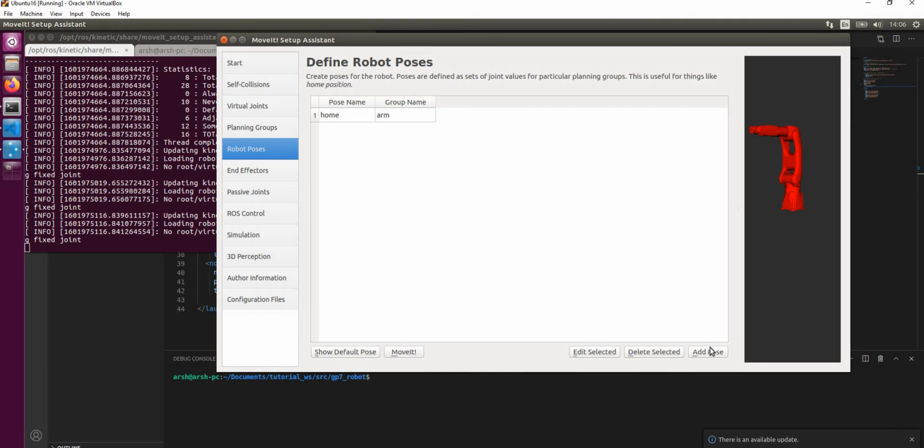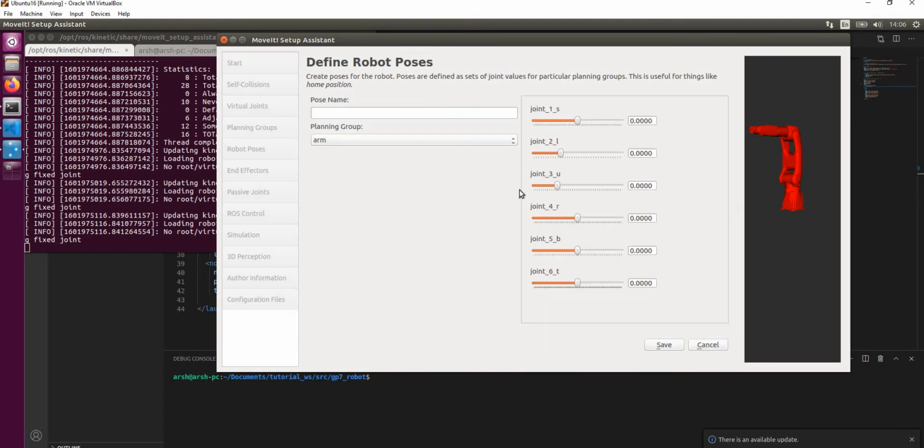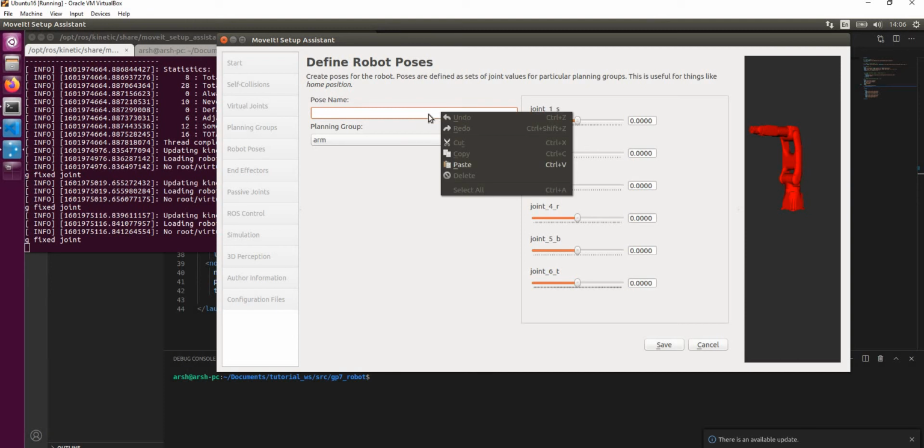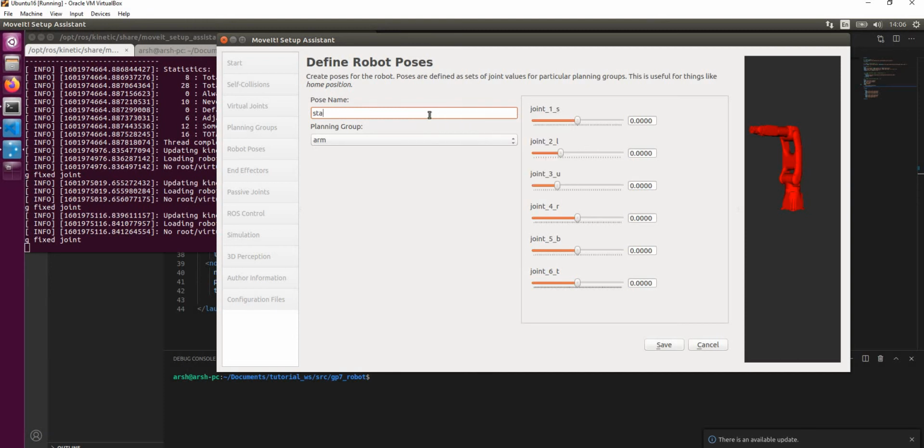And just for the sake of it, I'll add another pose so it's easy to see. So for example, stand up is one pose where the arm is completely standing up, like this part is going up. So to do that is basically joint 1, 2, 3. I think joint 3 has to be a little bit up. Because it was at 0 as a 90-degree position, so if I add 1 point,